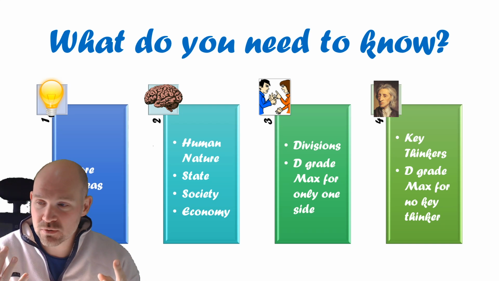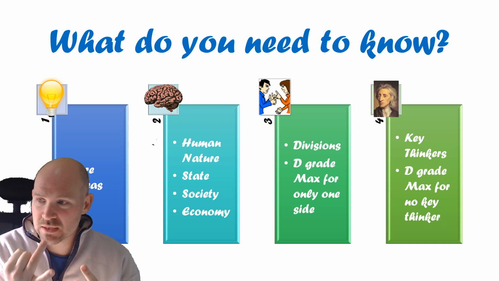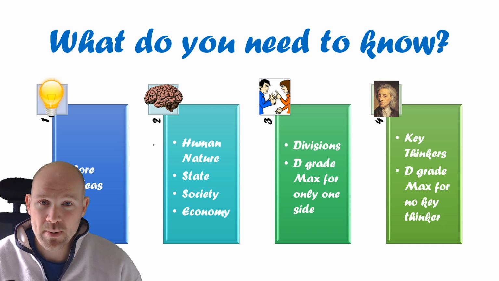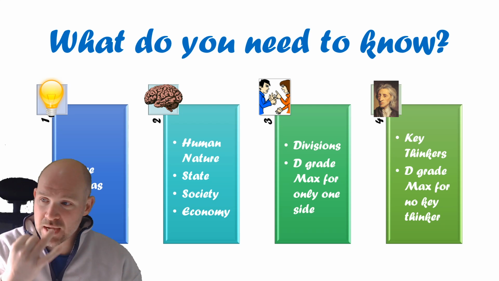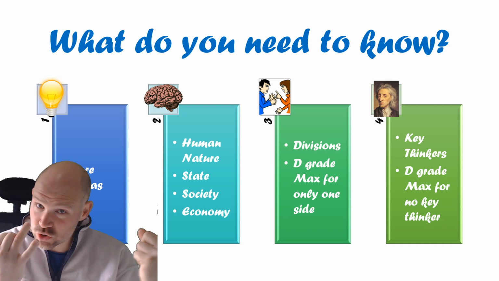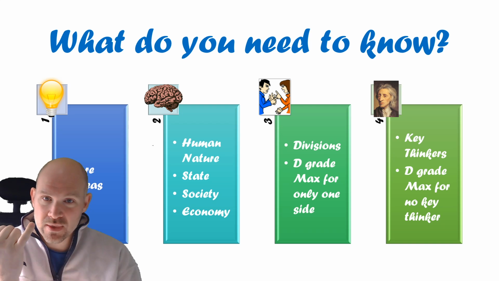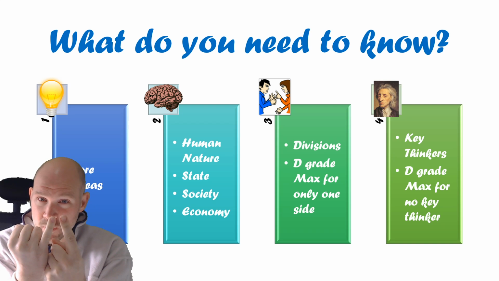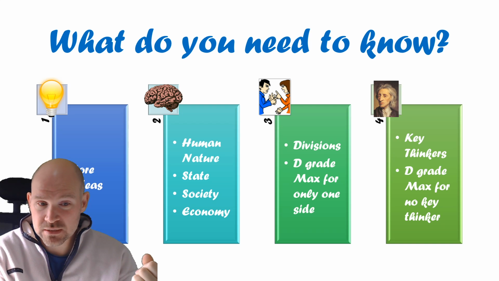You can receive credit for it. You can get marks for it. But you must have at least 2 key thinkers in your essay. If you do not, then again, you're going to top out at band number 2, and your grade will suffer as a result. So if you brought in one key thinker and another key thinker and then another thinker that's not a key thinker, that's absolutely fine. But if you brought in one key thinker and then another thinker that's not a key thinker, you would not have hit that minimum requirement of 2, and therefore your marks would be vastly diminished.